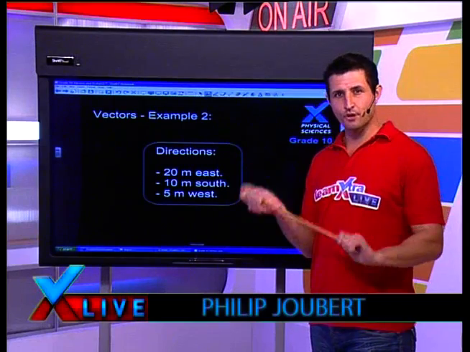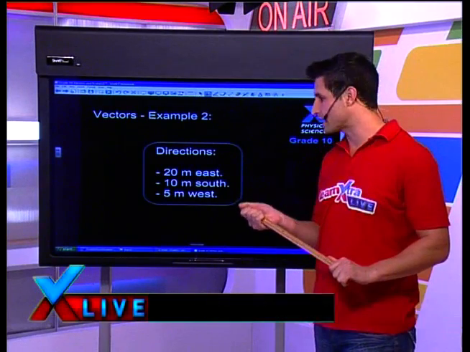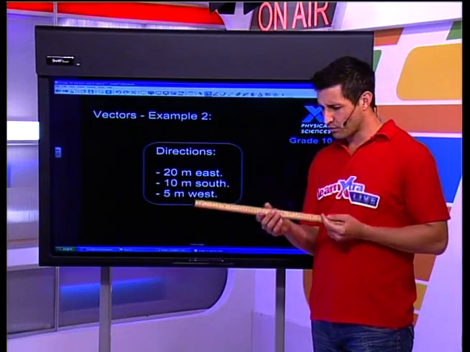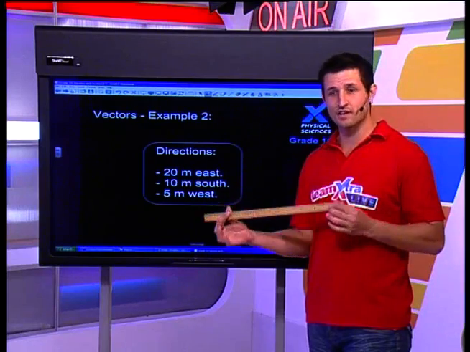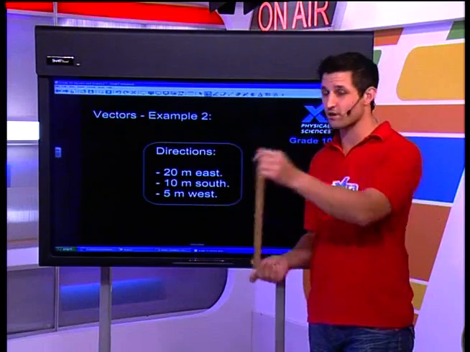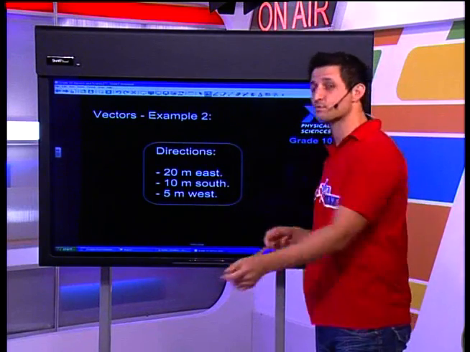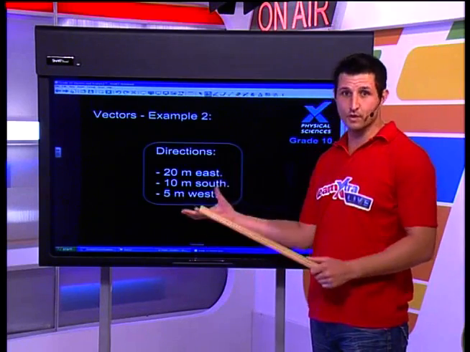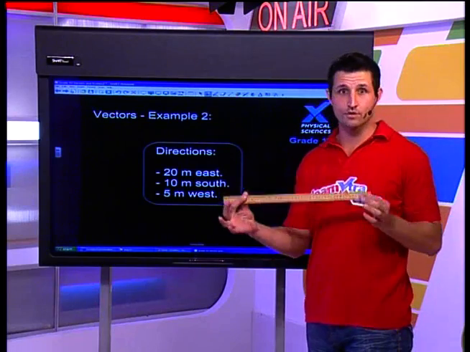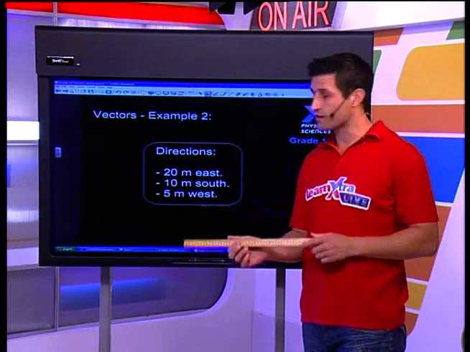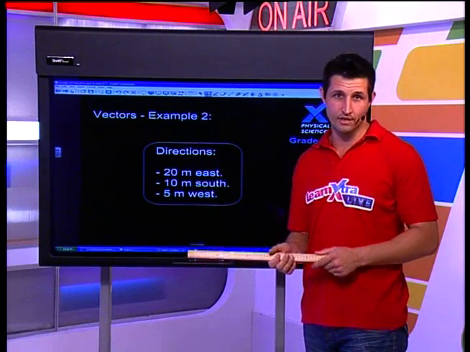Now, the problem that I posed to you before we went away was, how do I get 20 meters and 5 meters and all of these measurements, which I'm measuring inside displacement, onto one of these? Now, there's no ways that I can go measure out 20 meters, especially if I've got to work on a page. The question is, how do I represent 20 meters east using one of these? Now, the answer is I've got to use a scale. I've got to make these much smaller than they really are.